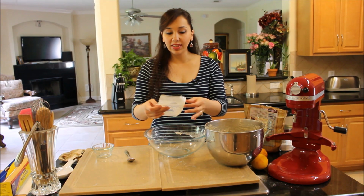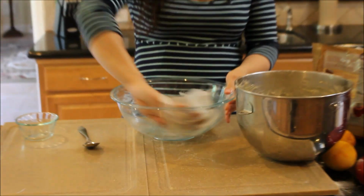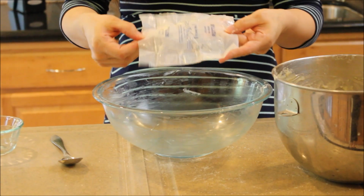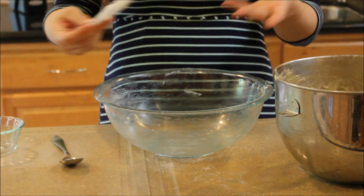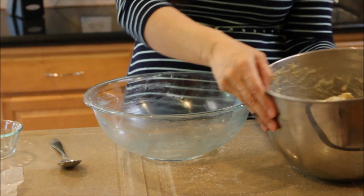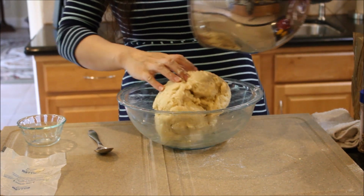All right, so the dough is done kneading, and I'm just going to butter up the bowl with whatever butter is left on this sheet, this butter wrapping paper. If you've already thrown it out, you could also oil your bowl so that your dough can rise. We're going to put this in the bowl, and this is a sticky dough,